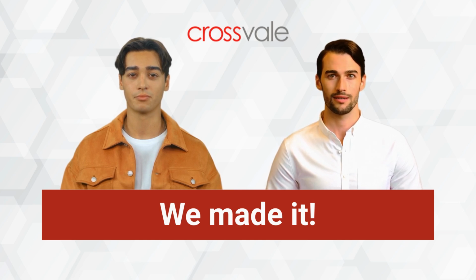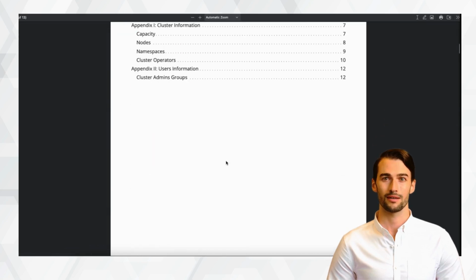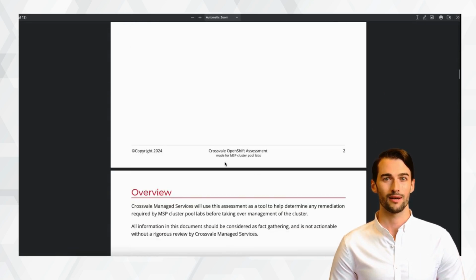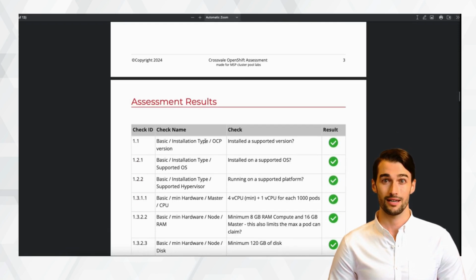Let's run a new report to confirm everything is fine now. With all this fixed, we launched a new assessment to validate everything is optimal, and here we have the latest results of the cluster. As shown, all the tests are green now.